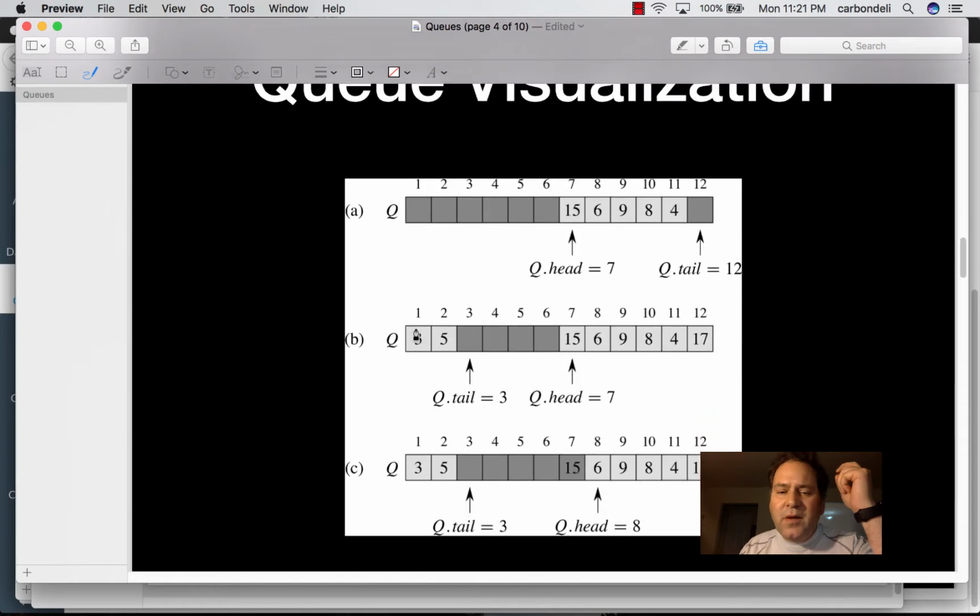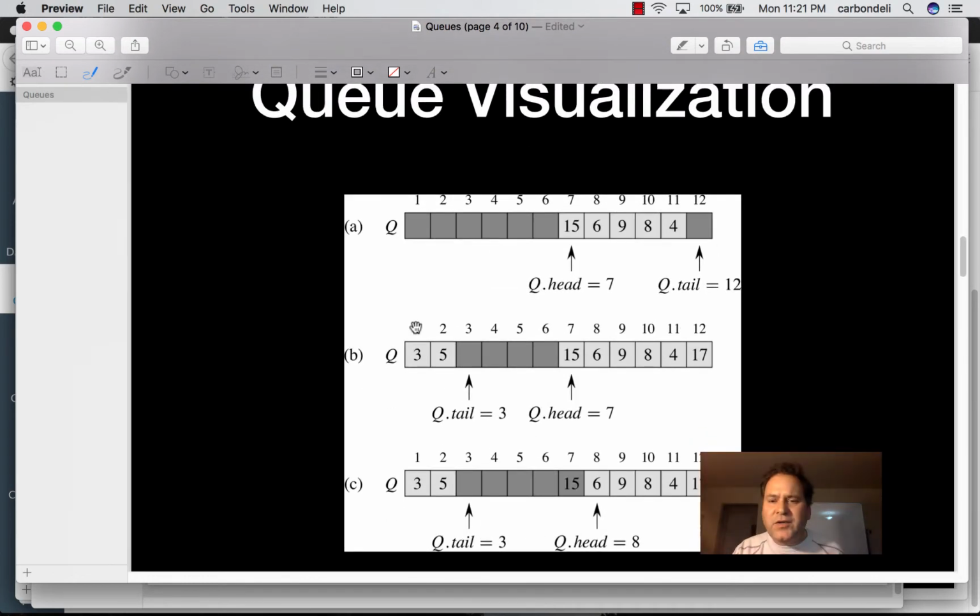And here's a simple queue visualization. You can see we start out with an array, and we have 12 spots, sub 1 through sub 12. And we're setting q.head equal to 7, which is sub 7 in this array called q, which holds the key of 15. And you can see q.tail is equal to 12, which means when we perform an NQ operation, which we do,